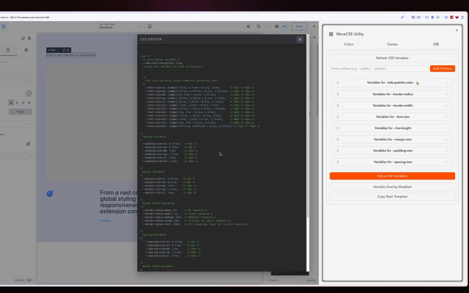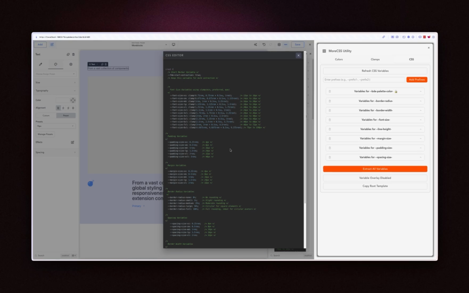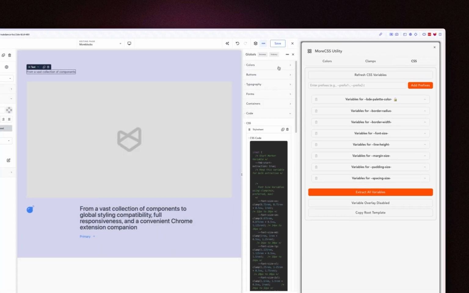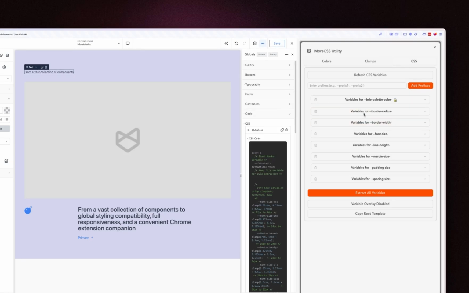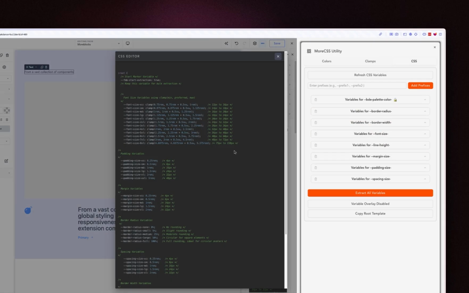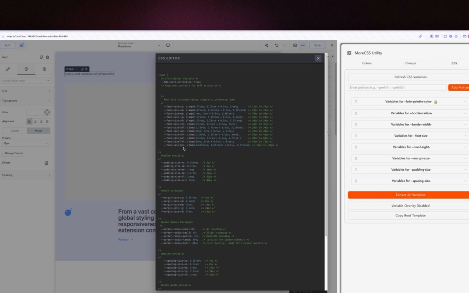See, there's a style sheet in Breakdance that everything that you put over here, every preset that you do create, every color palette that you do create, is stored in that style sheet. That is why we are able to do all of this. It's because of the style sheet that is within Breakdance. So with that style sheet, anything that